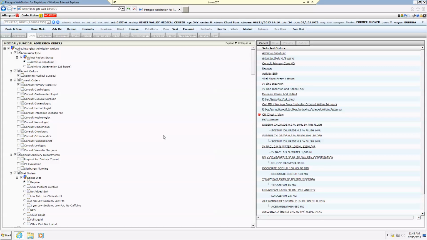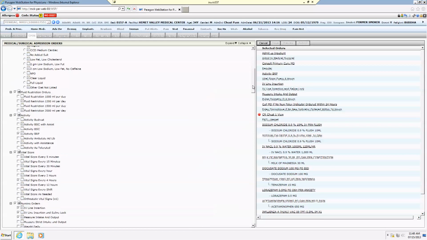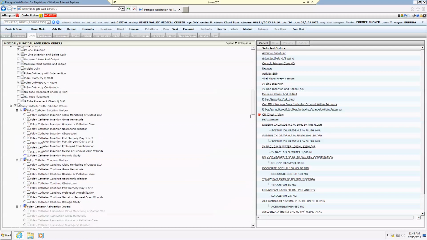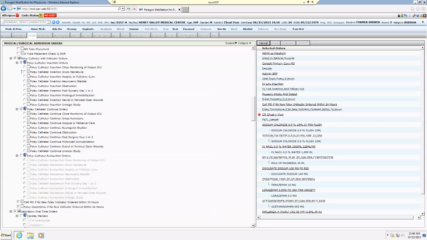Once you are in the order set, you will see two columns. The column on the right hand side shows all the orders that are going over to the nurse and are usually the recommended orders for that particular order set. The column on the left hand side gives you the option to add or remove orders within the order set. You can scroll down and choose to add or remove by checking or unchecking any of the boxes on the left hand side. Anything that shows a bubble requires information